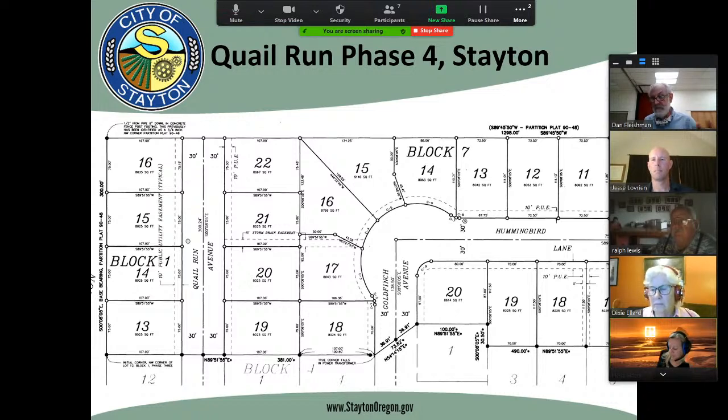But they are ready to submit their final documents and get a plat recorded, and their model home up there is ready for a final inspection and certificate of occupancy. All right, cool.